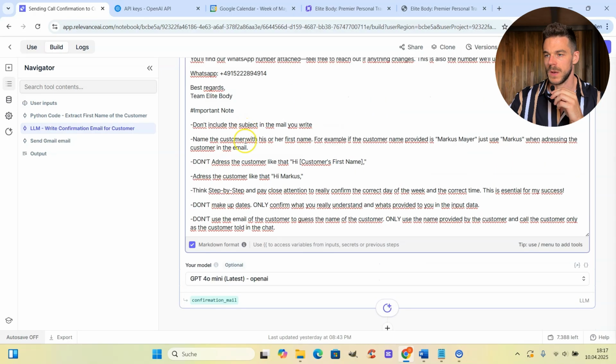And then also some important notes. Don't include the subject in the mail you write. Name the customer with his or her first name. For example, if the customer name provided is Markus Meyer, just use Marcus when addressing the customer in the email. Don't address the customer like that: "Hi, customer's first name." That would be weird. Address the customer like that: